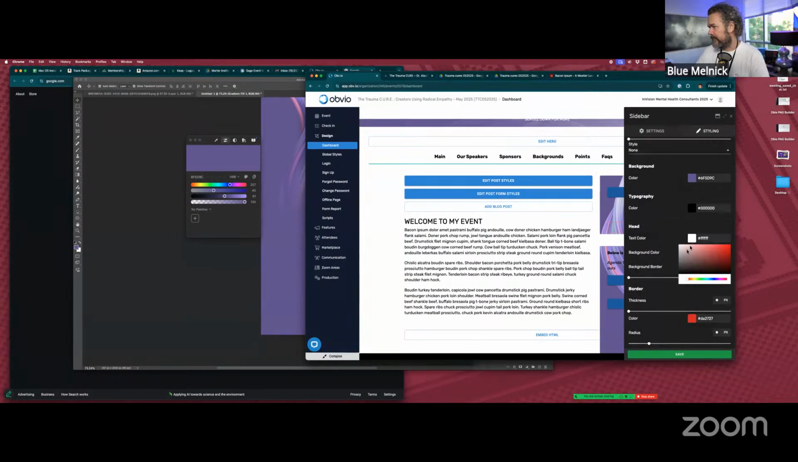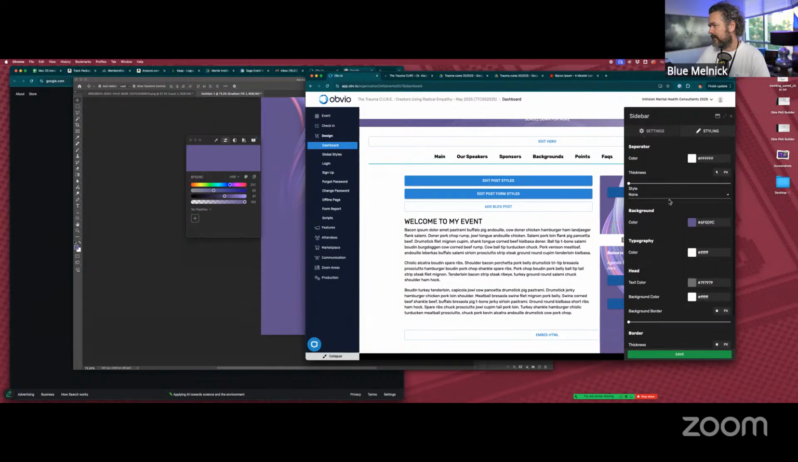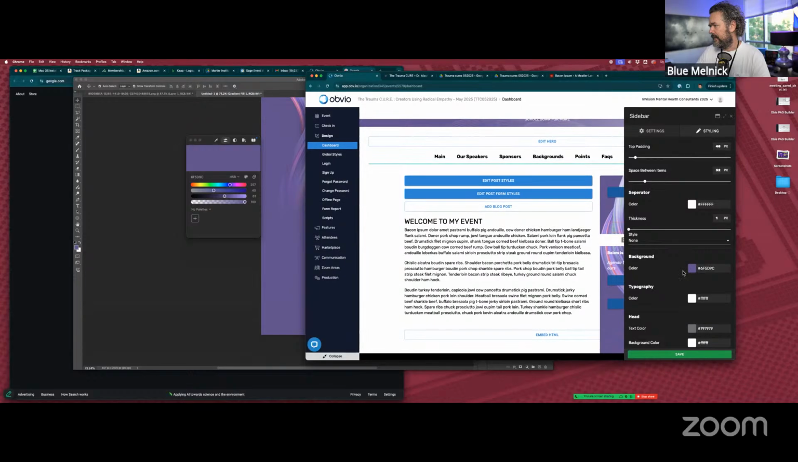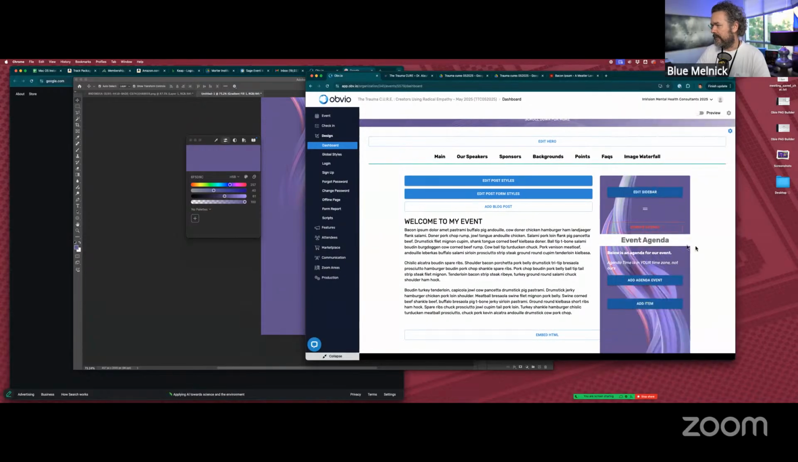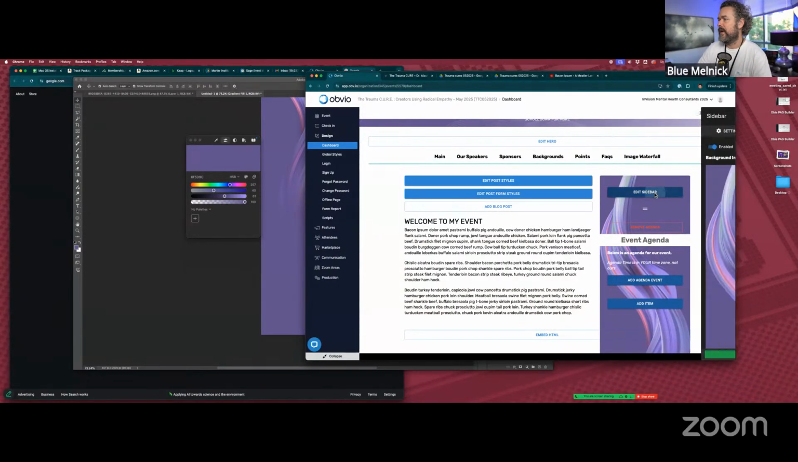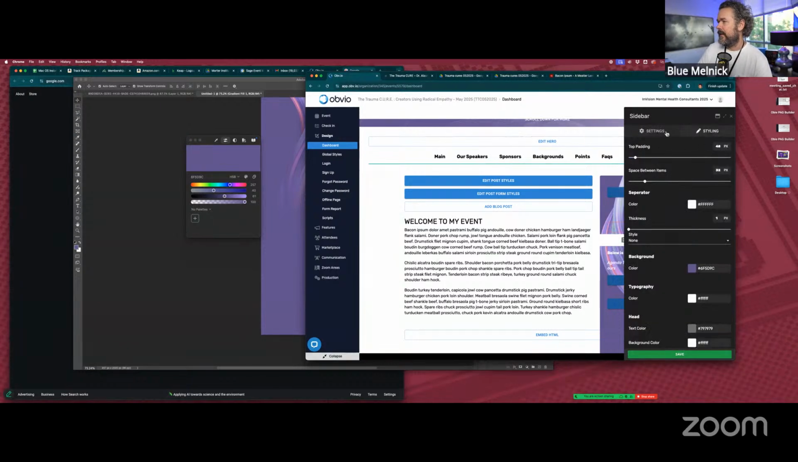No, doesn't look like I can. Okay, so we're going to make this kind of like that. And I'm going to make my text color white like that. Background color that. And save. Okay, so this is kind of what I was talking about, in that I'm not 100% sure that